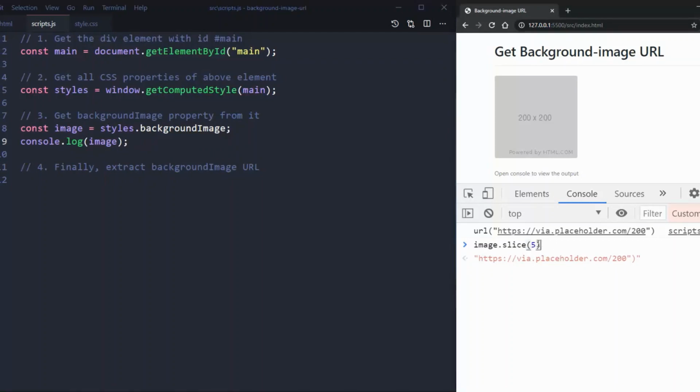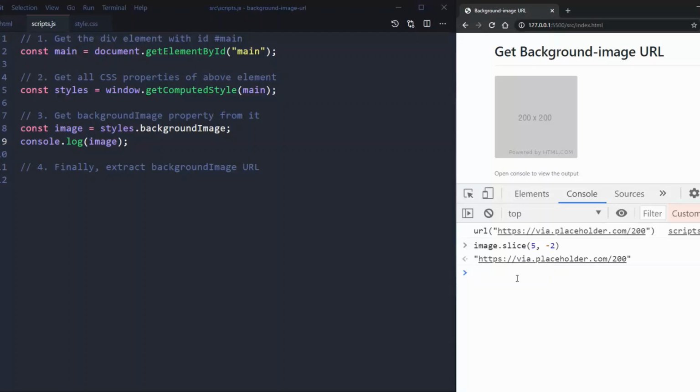So for the end parameter, we will need to use a negative value. Now a negative value simply means that we will ignore characters from the end of the string. So you can see that we have a parenthesis here. If I type -1, you can see now the parenthesis is gone, but we still have this double quote. If we type now -2, you can see the double quote is also gone now. If I type again -3, you can see the 0 is gone. But for our requirement, we just need -2 like this,